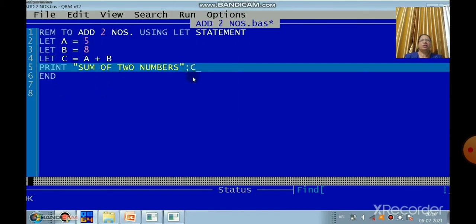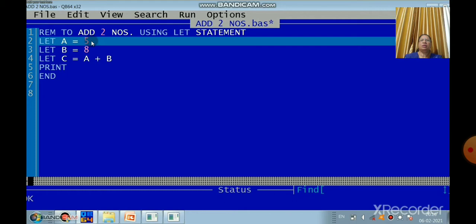Now here you can see it is a constant value. I have declared a's value is 5 and b's value is 8. It is constant. Remember, children, constant and variable we have learned, right? Now we will take one more example. We will print names. Here we added two numbers, that is numeric. Now we will print our name, that is what? Alphanumeric variables, right? It is text.